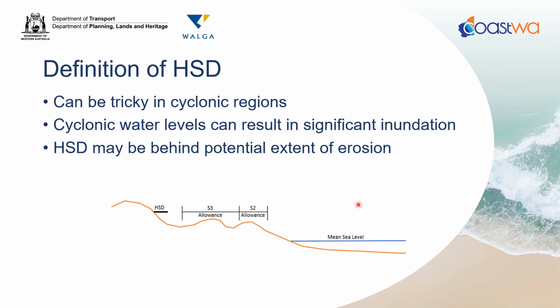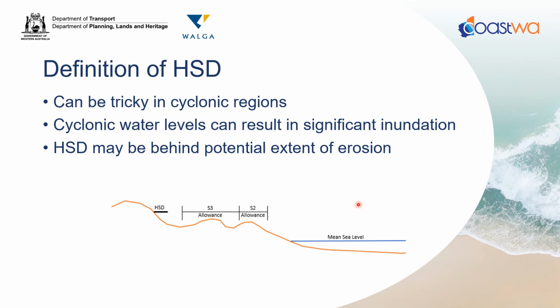We defined the HSD earlier, and one of the challenges can be this is a little bit tricky to define in cyclonic areas. So cyclonic water levels, and particularly in areas where you already have significant tidal range, can result in significant inundation. This might result in the HSD in those cyclonic events being behind the potential area, or extent, of erosion. So we'll discuss a case study on this a bit later on, but we can often see